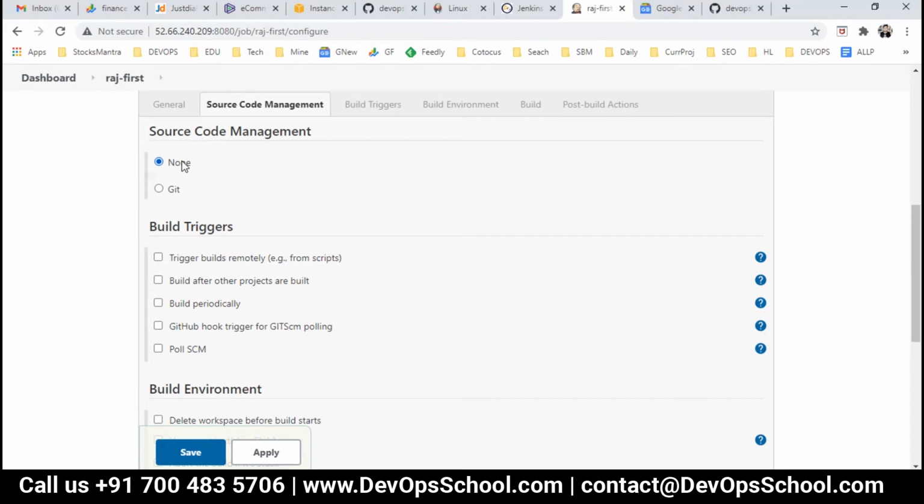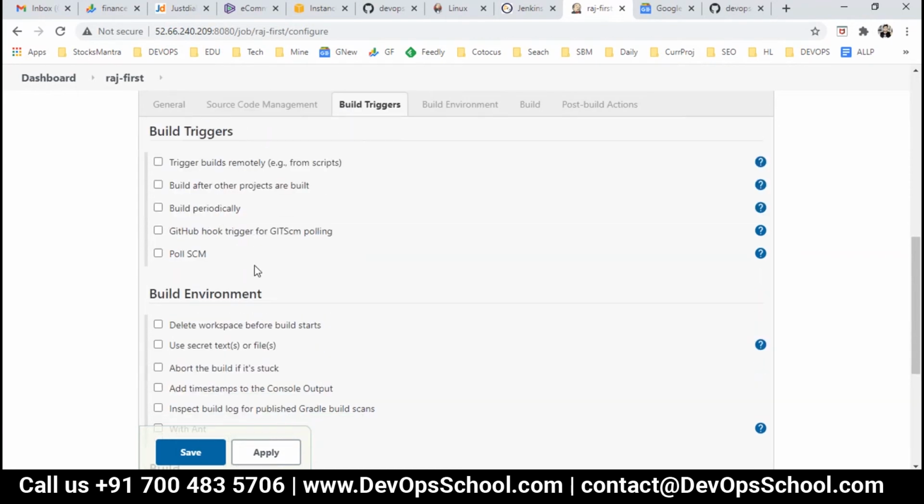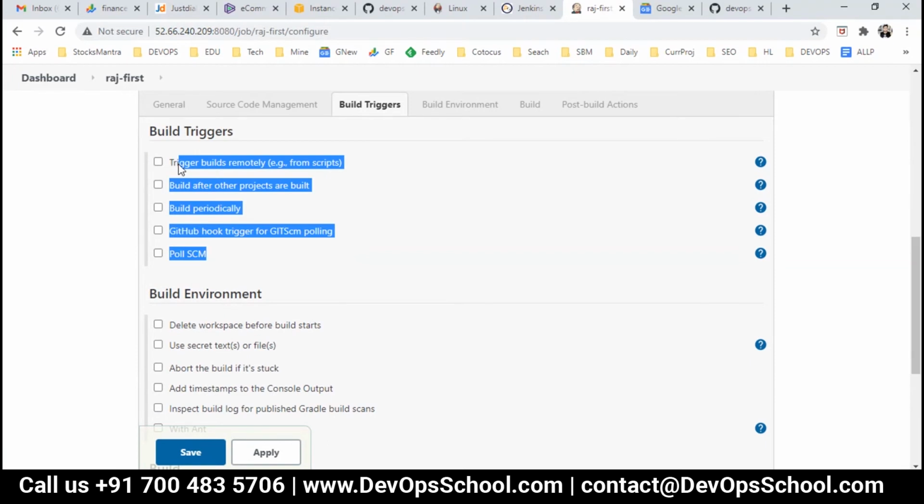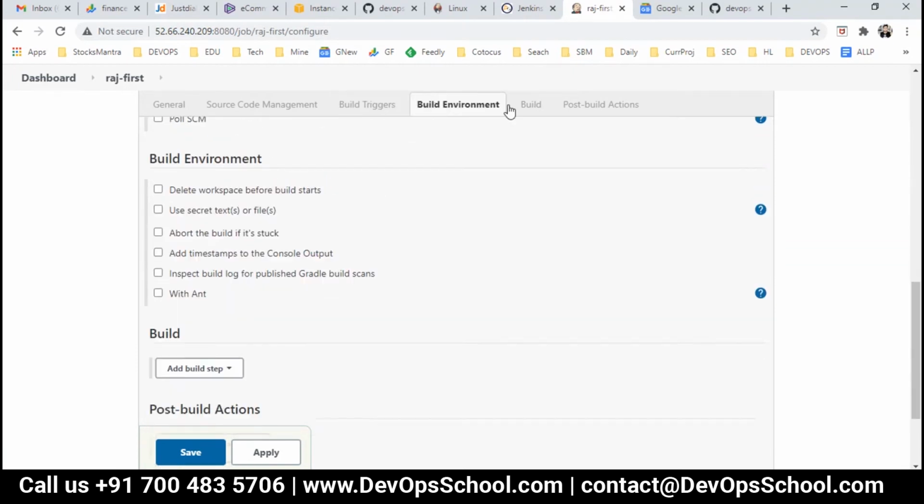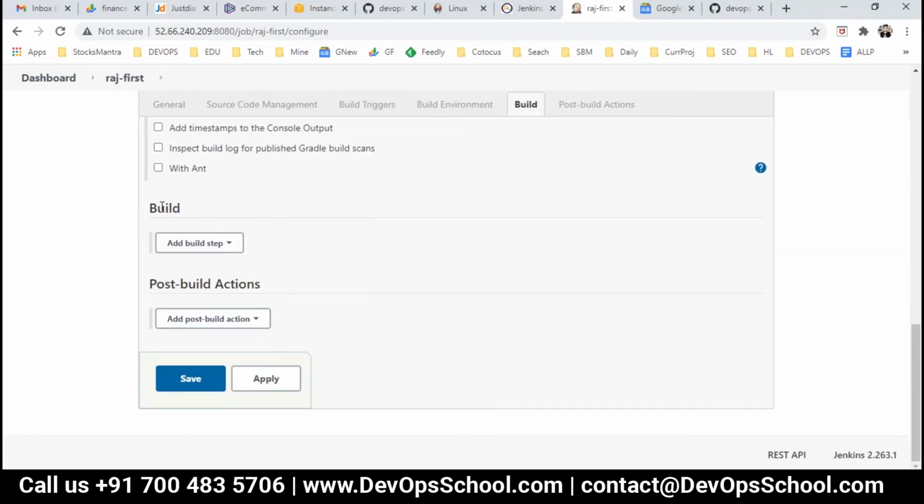Plugins. Yeah, plugin is the answer. If some of the options you don't find, you have to install the plugins. Mind it. And in build triggers, we have many ways you can trigger the build, and then set the environment. Finally call the builder, which is here, and then post build action.